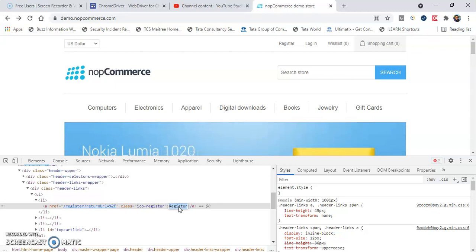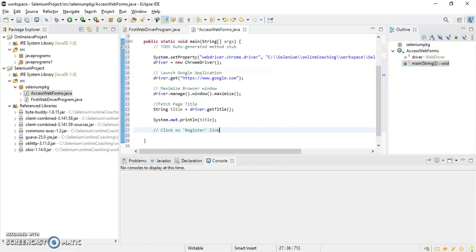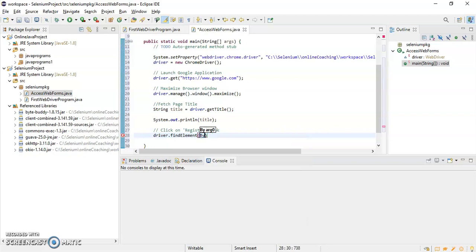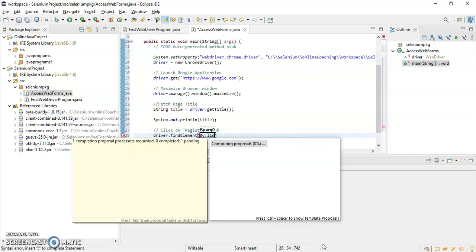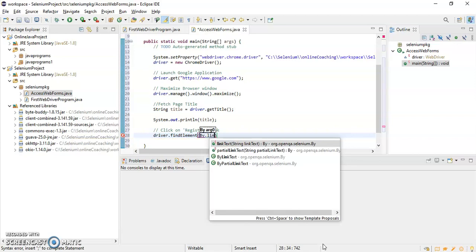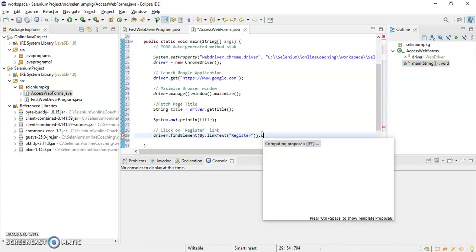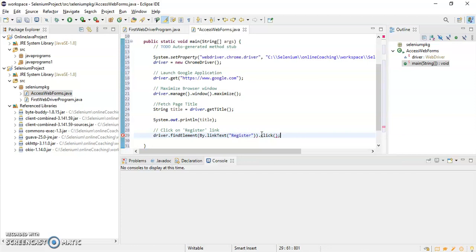This is a link because we have an anchor tag. So I can write like this: driver.findElement(By.linkText). We have one locator strategy called link text, and here I can provide the text of that link. And to click, I just have to use the click method.